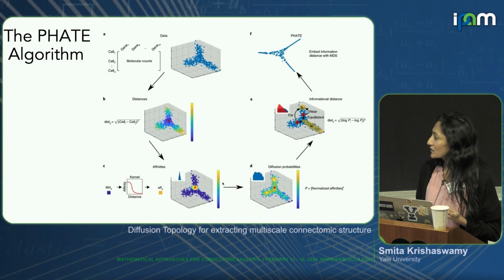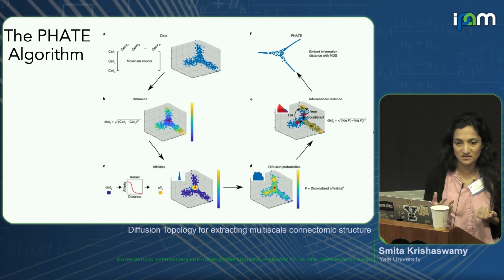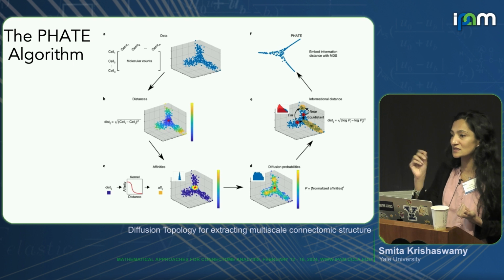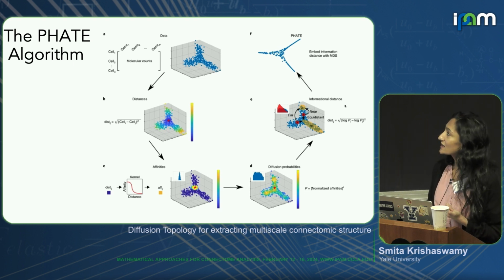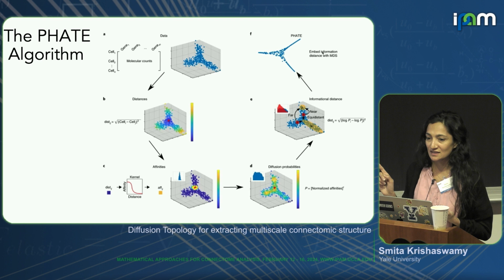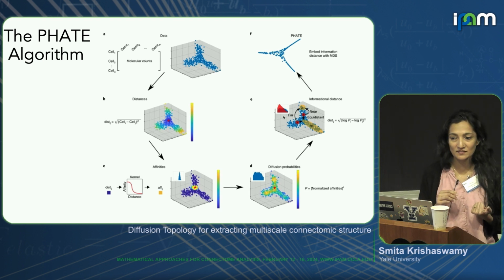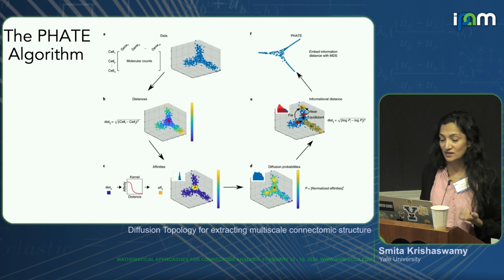So the FATE method that we have, again, we compute these T-step diffusion probabilities, and then the next step we do is we log transform these. This gives you what we call a diffusion potential, and it allows us to compute an information theoretic divergence. You could use KL divergence, but we want it to be a distance, so we used a symmetric divergence. Then finally, we use MDS to embed this. MDS preserves these new distances as well as possible, so it gives you an embedding that's actually quite different than